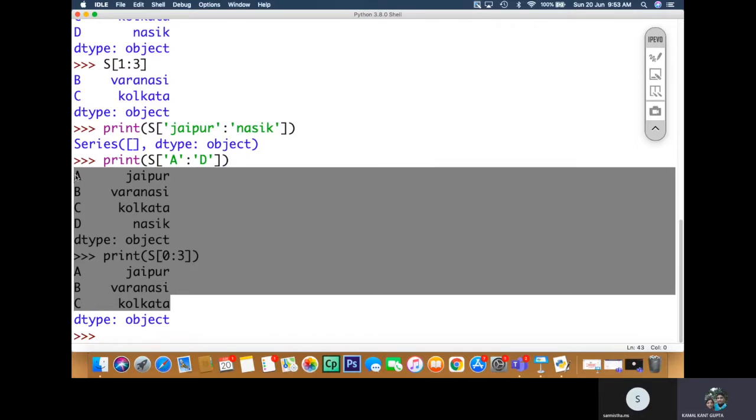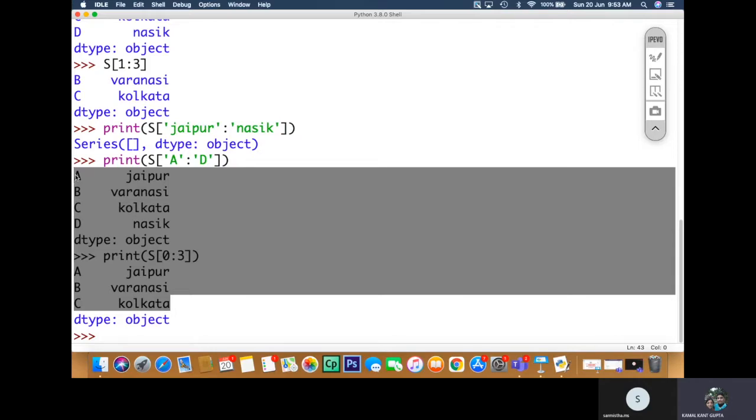Though it is not very different from that of the list, between these two concepts there is a difference. When we are using indexing, the indexes are accessed from the 0th index up to n minus 1, whereas when we are using labels, it goes up to the last label which is mentioned.